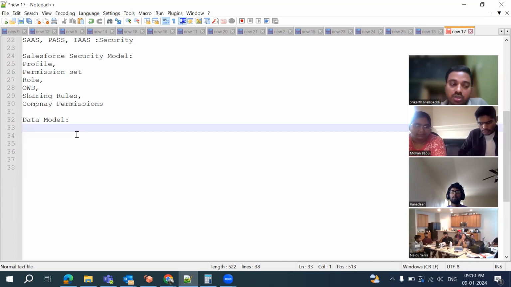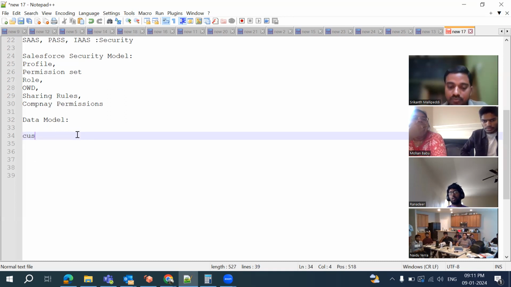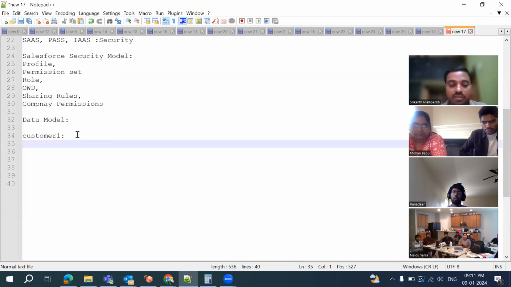For example, as I mentioned, Samsung is trying to sell their products. They place whatever products they have on their website. If a customer tries to purchase, Samsung collects the customer details and stores them in their database. Say one customer is trying to purchase a Samsung mobile. Generally, they need to store details like this. The first detail is the customer name,